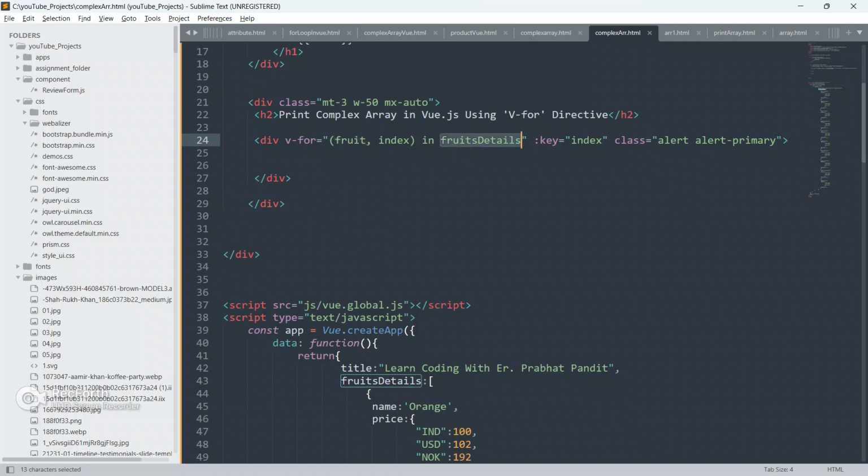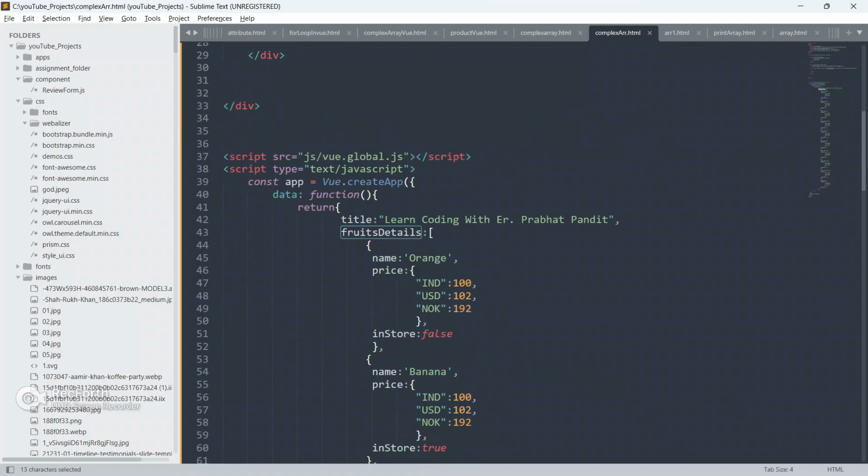I am doing here fruit in fruitDetails. So this is like for...in array in JavaScript. Always remember guys, v-for will work like for...in of JavaScript.